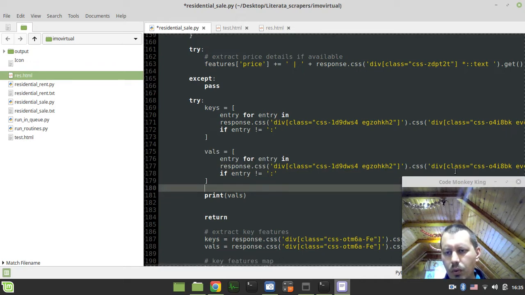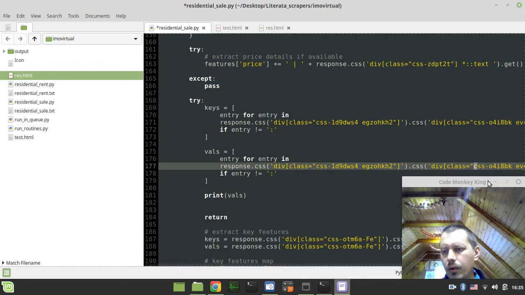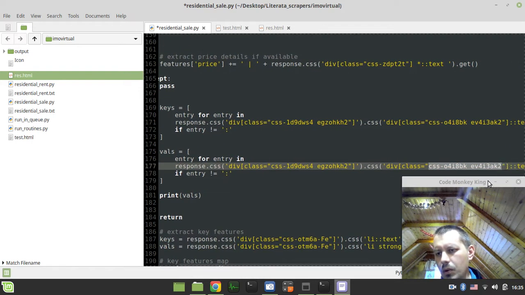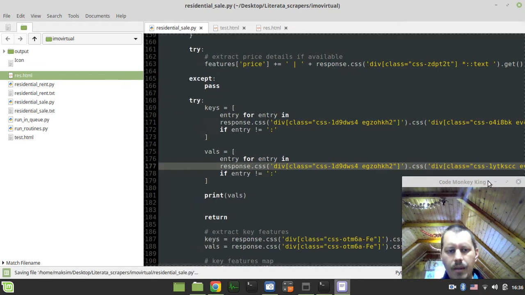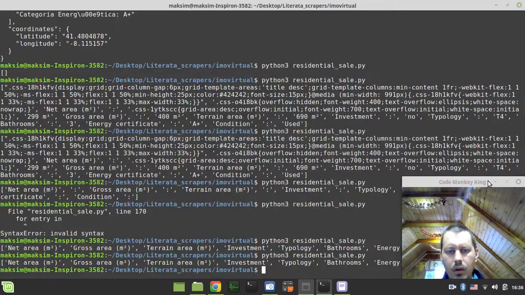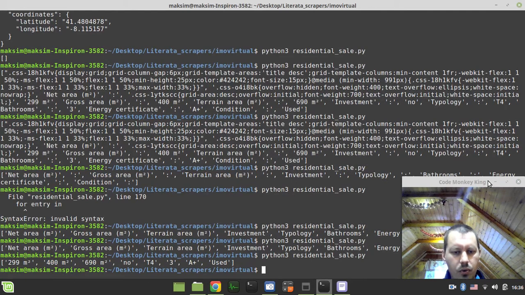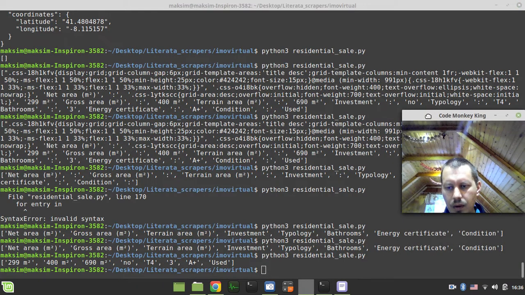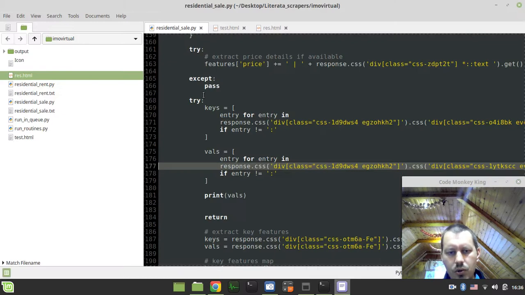So the additional one should be the same. However, this one should be different. Okay, and let's have a look if we do have the values. Okay, so 1 2 3 4 5 6 7 8, and here we had 1 2 3 4 5 6 7 8. All right, so they match, which is good.